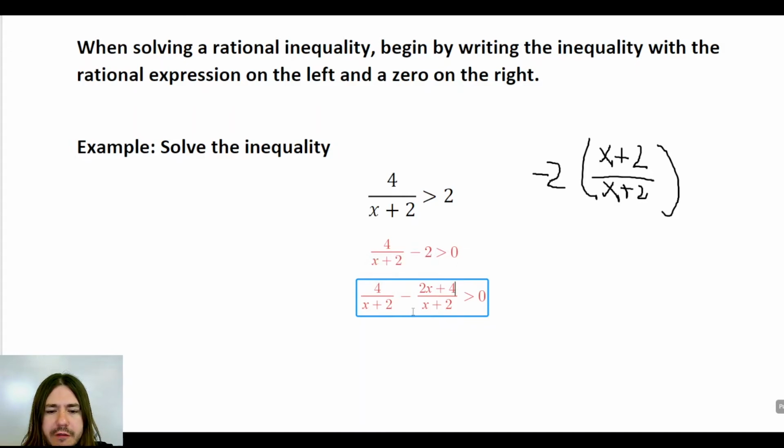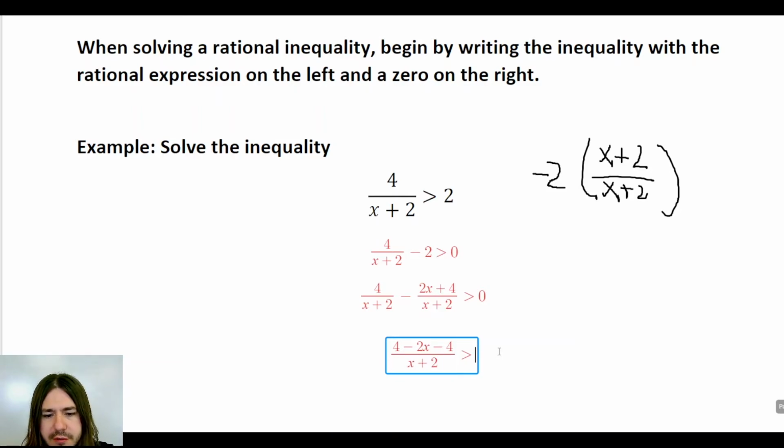So the way you subtract fractions is you just subtract the numerators, assuming the denominators are the same, okay? And you do not modify the denominators. That's kind of the whole reason why we're getting a common denominator, so we don't have to deal with that. So we get 4 minus 2x minus 4 all over x plus 2